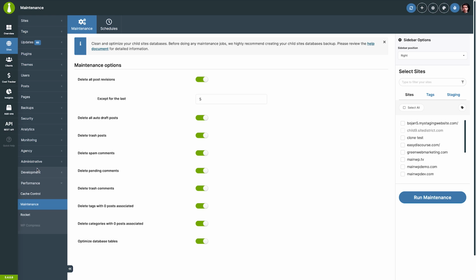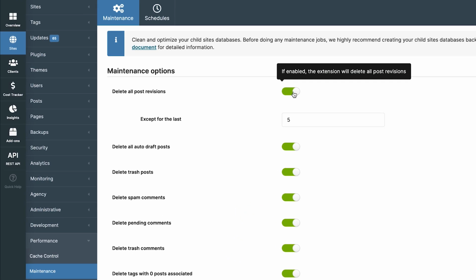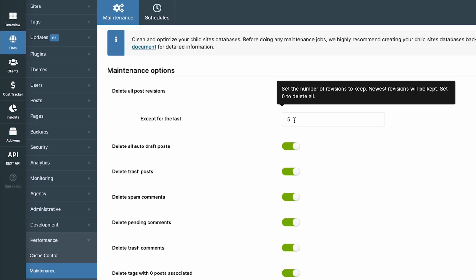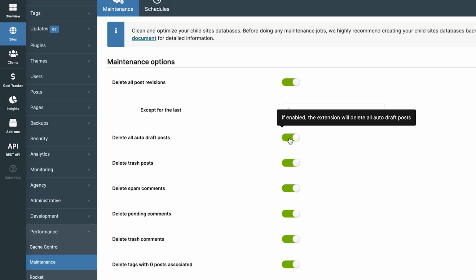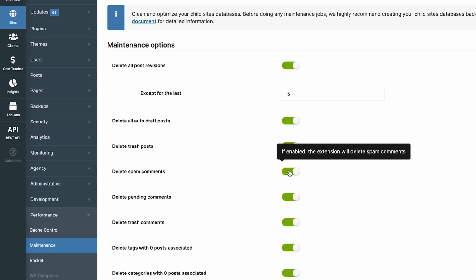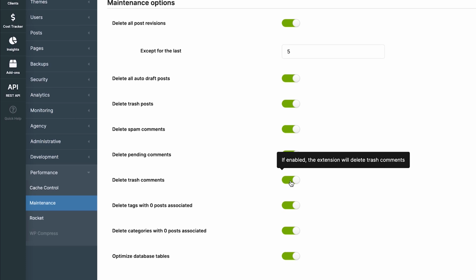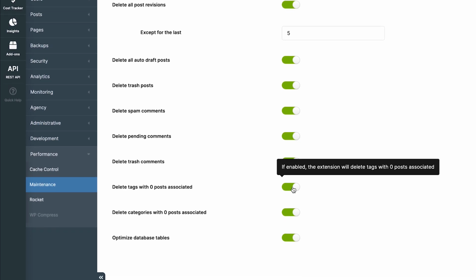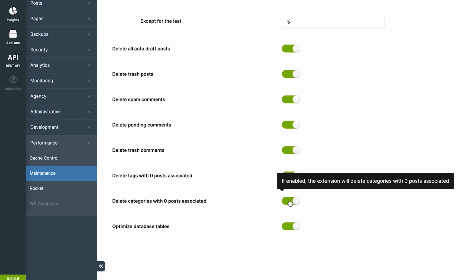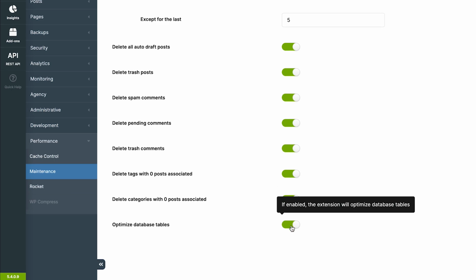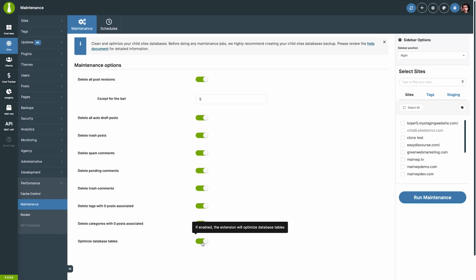Here you can pick exactly what you want to clean from your child sites. You can delete post revisions and define how many last ones to exclude. Delete post auto drafts, trash posts, spam comments, pending comments, and trash comments. You can even remove tags and categories that aren't associated with any posts. And of course, you can optimize the database tables too, which reorganizes the storage on the database level to make